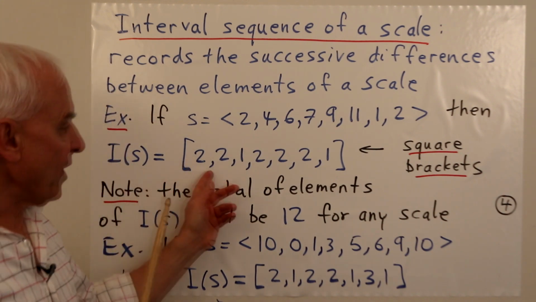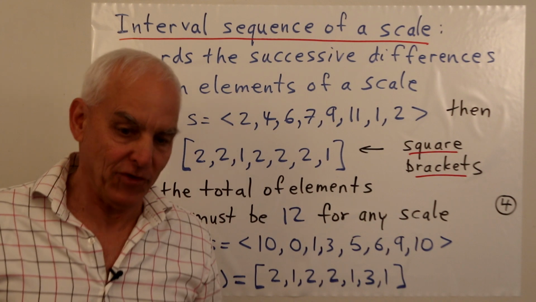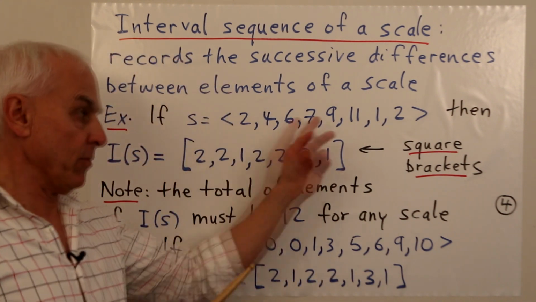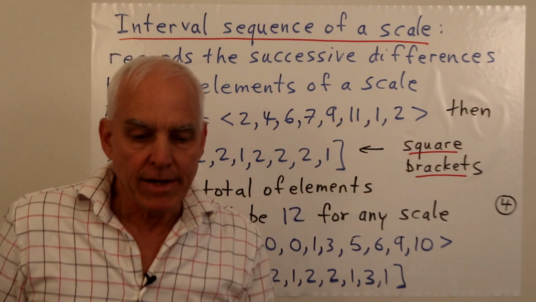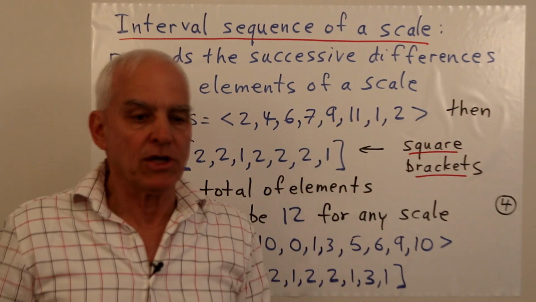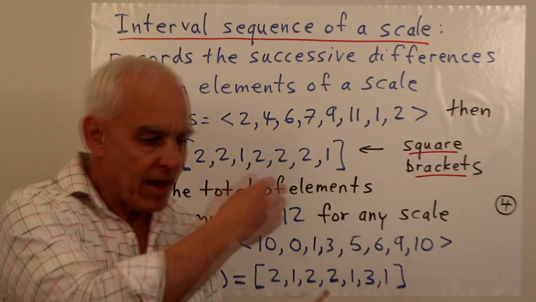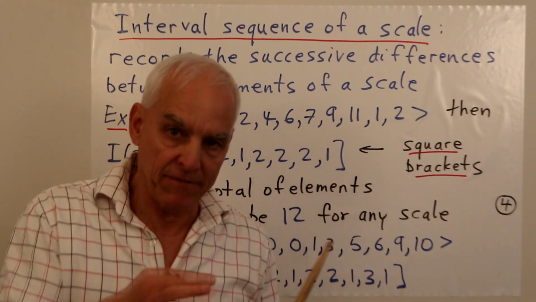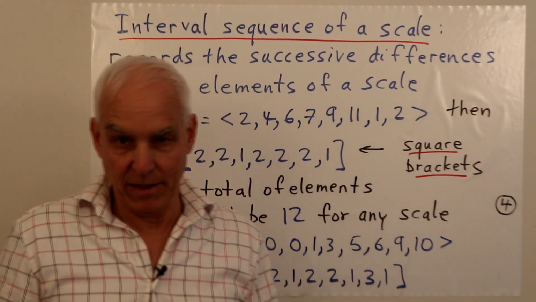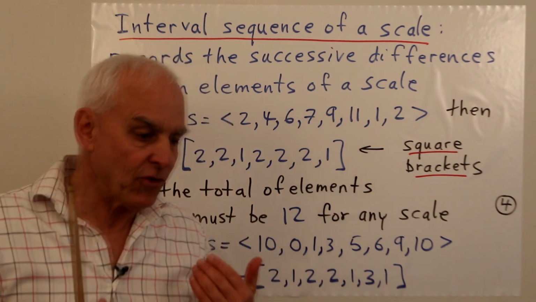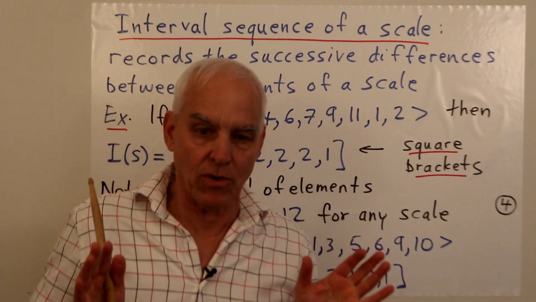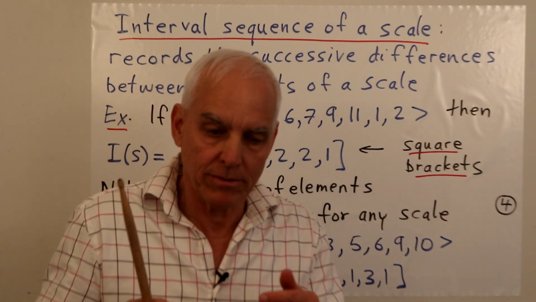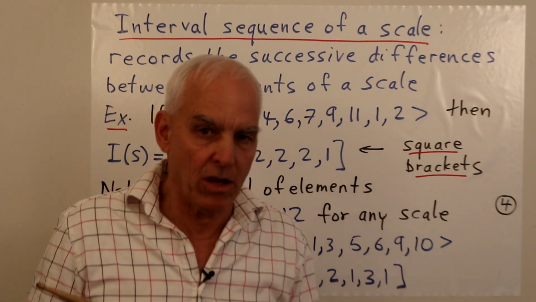Now, this is a very famous kind of interval sequence because it's exactly the interval sequence corresponding to a major scale. And this, in fact, is what we usually call a major scale. If you've been trained in classical music theory, you will have seen this kind of thing before, but in the context of whole tones and half tones, which, honestly speaking, is quite unfortunate, because there's no need to introduce fractions into this story. The fundamental step is a 1 step, which is usually called a semitone, which is sort of unfortunate terminology.